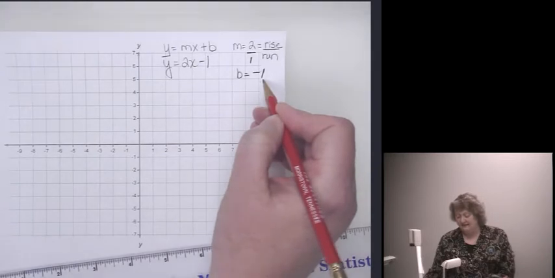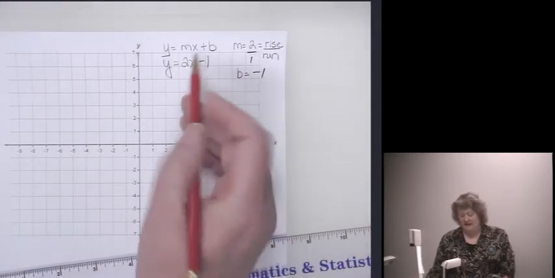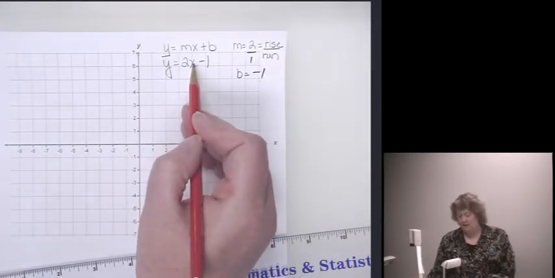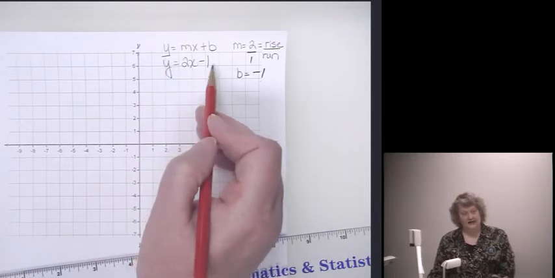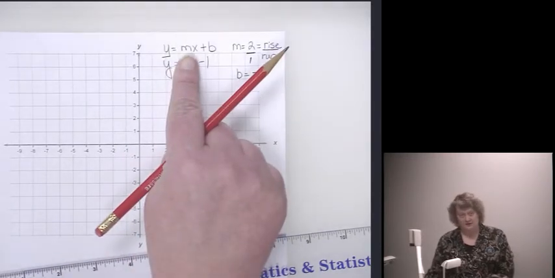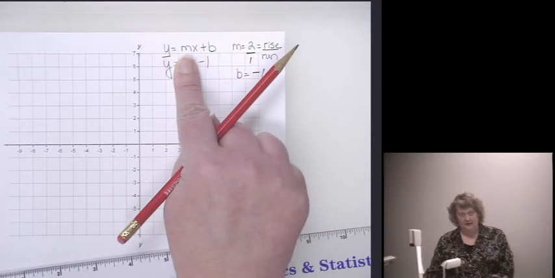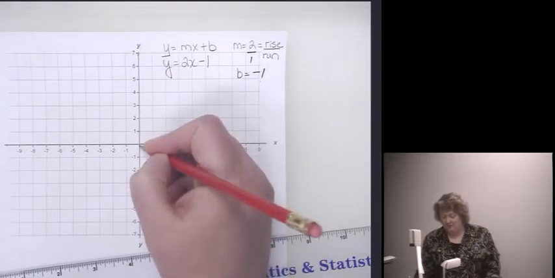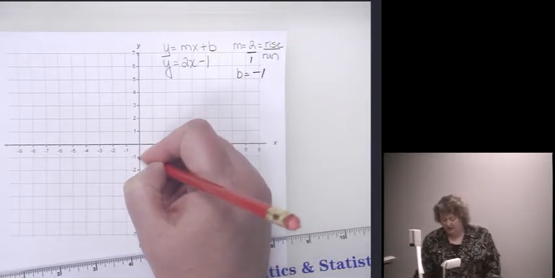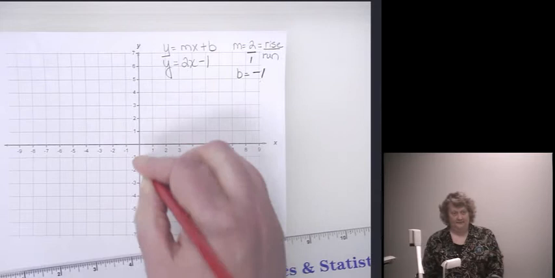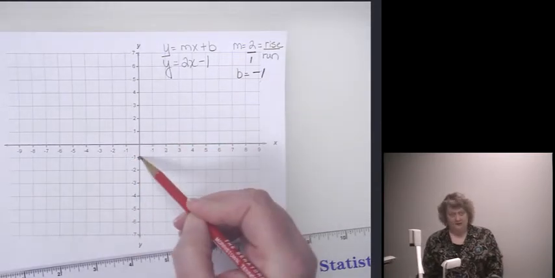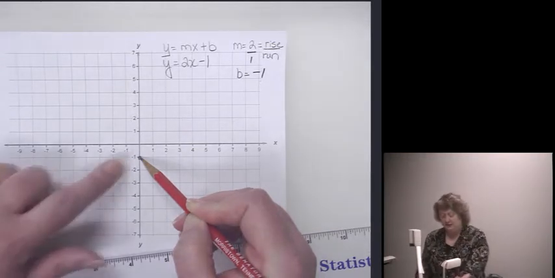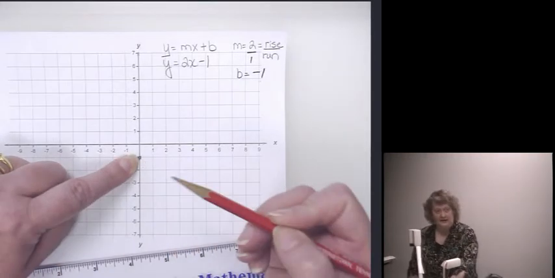That y-intercept is -1. If we let x be 0, then y is equal to -1. If that x disappears, notice how I'm covering it up, then y equals -1. So we've got the point (0, -1). Now, the next thing we want to do is, and I'm going to keep my finger here,